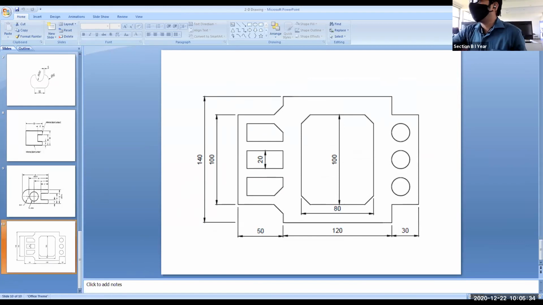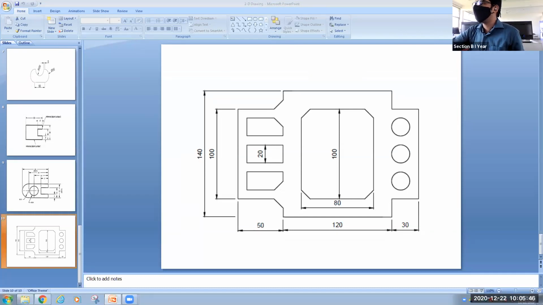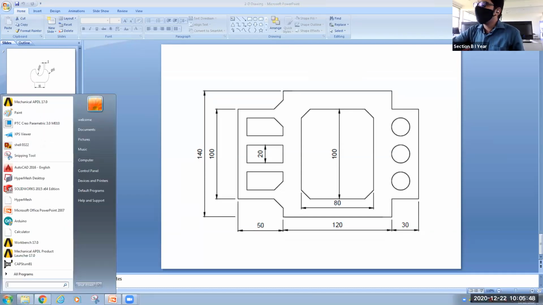Okay, so let's start. I have started the AutoCAD, but once again I will show you how to start it. Okay, so let me share the screen. I will share my entire screen. So here at the bottom, you have to go with the start, all programs.